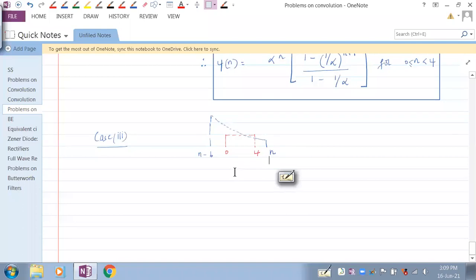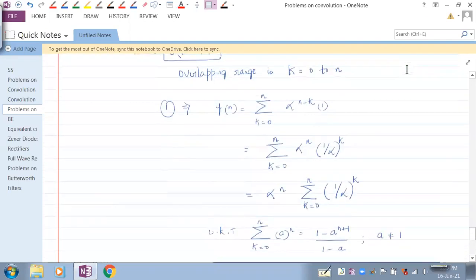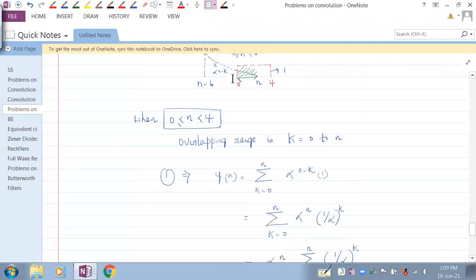What all possibilities are there? One thing that we can say is what? N minus 6 less than 0. Fine. So here we have stopped at 3. Everyone understand? Here we have stopped at 3. Or we can even take this as less than or equal to 4. When it is less than or equal to 4 also, this n can stop here or this n can go and stop here. N minus 6 would always be less than 0 only.